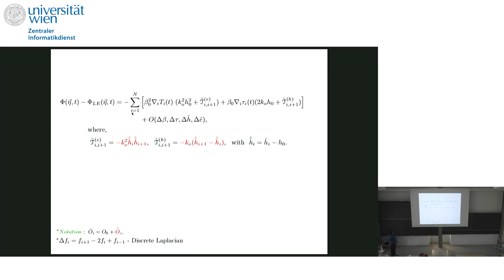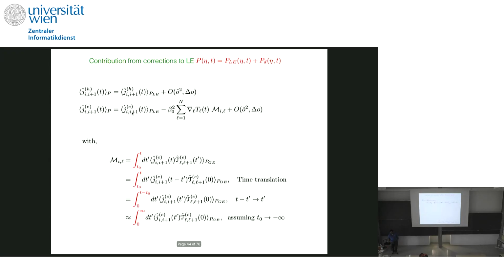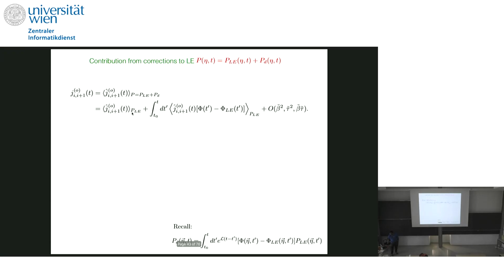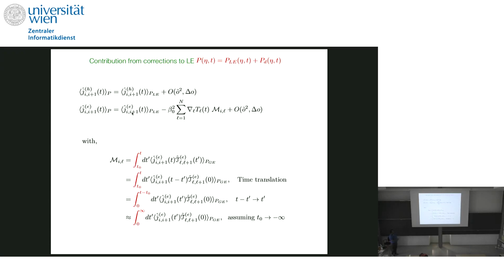Once again, I want to remind you of this notation. So you have this expression, and you put it in here and do the explicit calculation. You find that you don't get an extra contribution at the linear order for the volume field. However, you get an extra contribution at the linear order from this with a kernel, and that kernel is expressed in terms of the time integration of the current correlation.